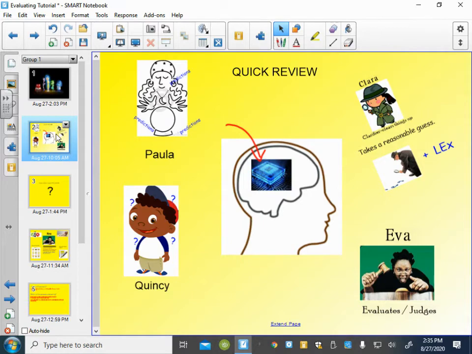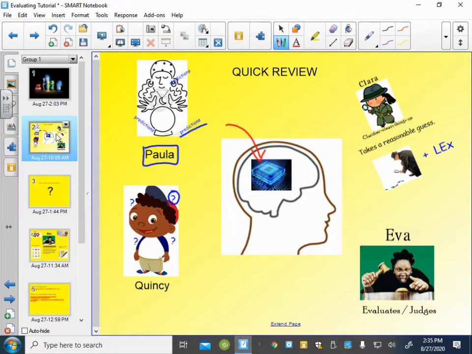We have reviewed already predicting and making questions. So we're going to give the character a name and an image so that you can start connecting. So Paula is the predictor. So we have an idea how to make predictions.